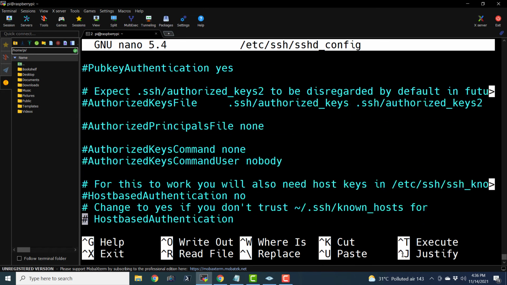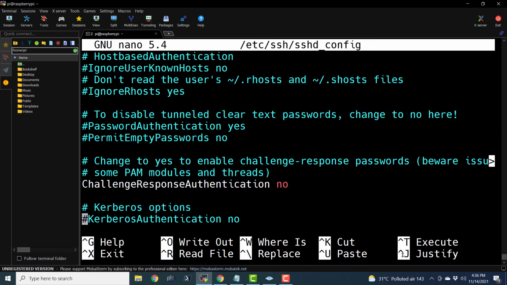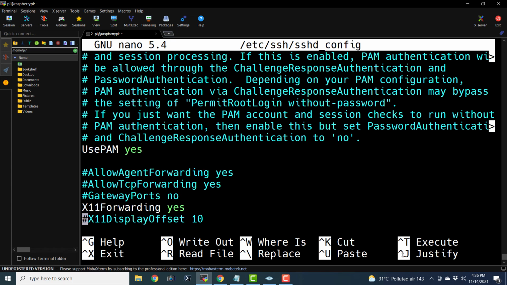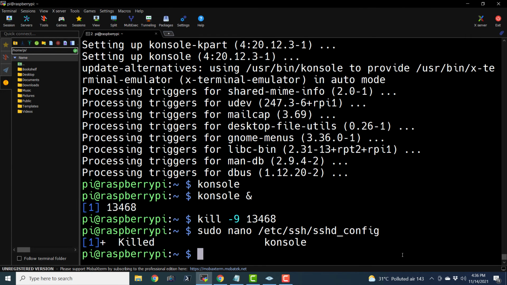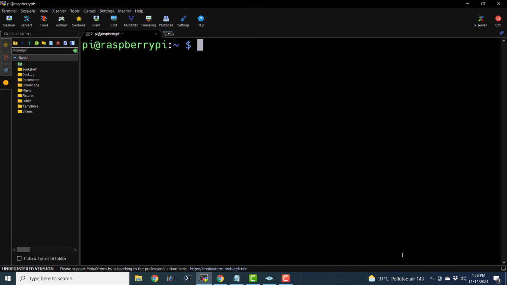Okay, so X11 will be enabled by default. I'm just scrolling down and it should be somewhere. Okay, here we have X11 forwarding and it is enabled because it is yes. In case it is disabled in further revisions of this operating system, since we don't know about the default settings, we can just go ahead and enable it by turning the no to yes and by removing the hash or the pound sign before this particular line. I'm just going to press Ctrl and X on the keyboard and let me clear it. So this is how we can work with X11 forwarding. Now let us move further.